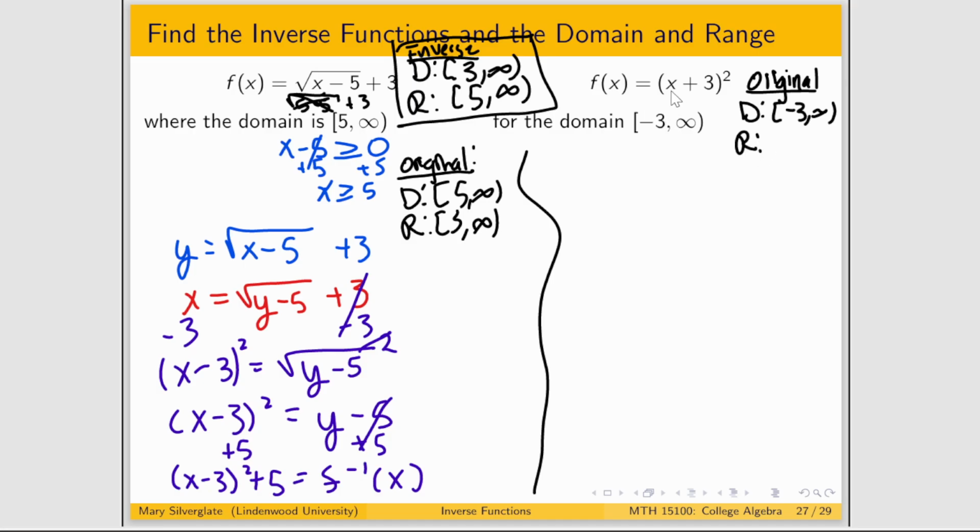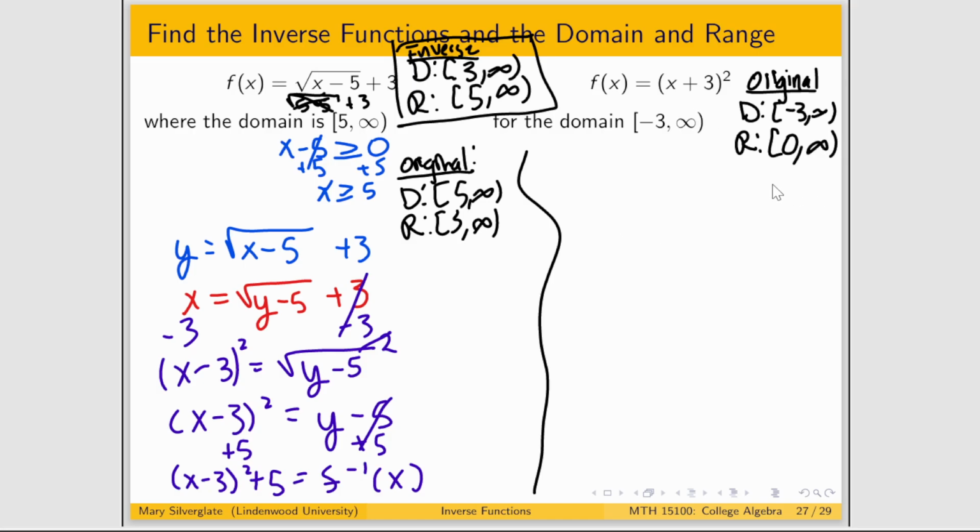So if I plug in -3, that becomes 0 squared. And as I plug in numbers bigger than -3, will this always be getting bigger, or is it even physically possible for it to get smaller? It's always going to be getting bigger because I'm taking numbers that are bigger than 0 in absolute value and I'm squaring them. As soon as I square them, it becomes positive. So for its range, its lowest bound is 0 when I plug in -3,